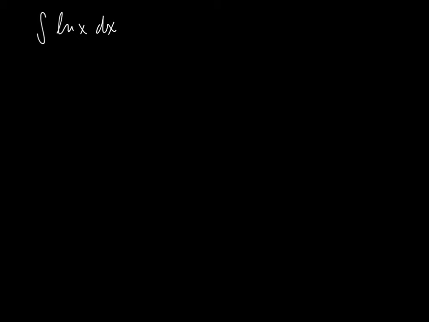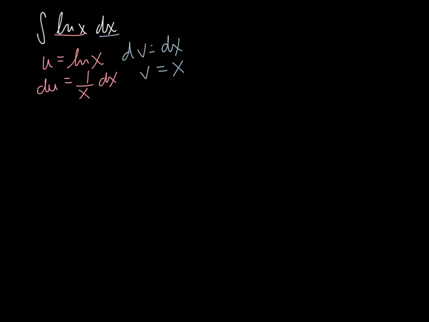So again, as we learned from the last one, if we have an ln of x, that might be our best choice for u. So let's try that. And that means that dv is going to be whatever's left over, which is dx. Okay. So then we differentiate u. So we get the differential du, and the derivative of ln of x is 1 over x, the derivative of the argument over the argument, dx. Okay, and then dv, we need to get v, so we integrate both sides. Well, integrating dv gets us v, integrating dx gets us x.